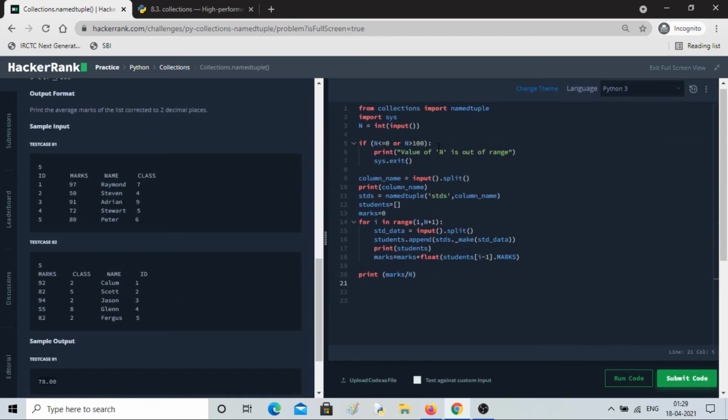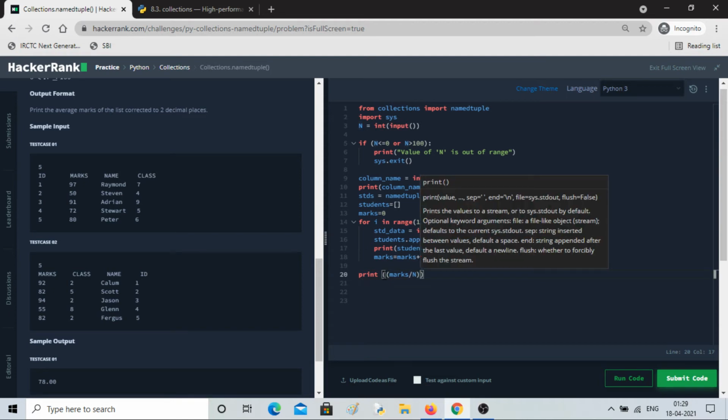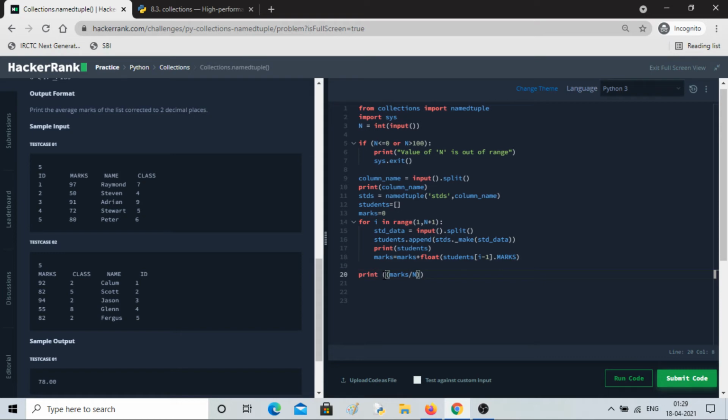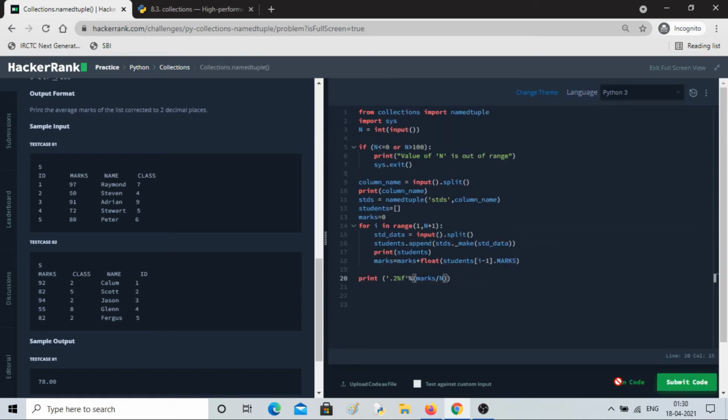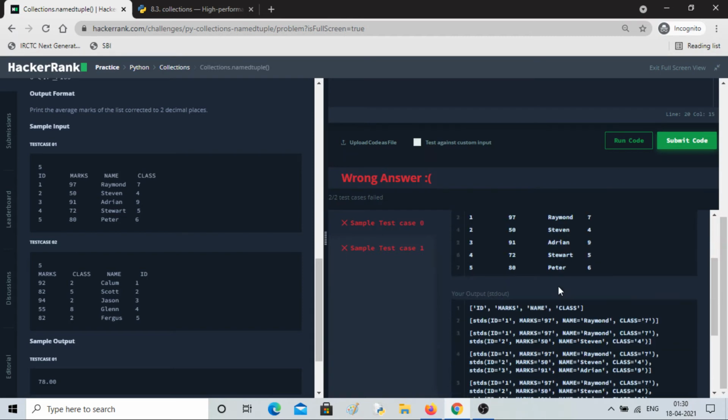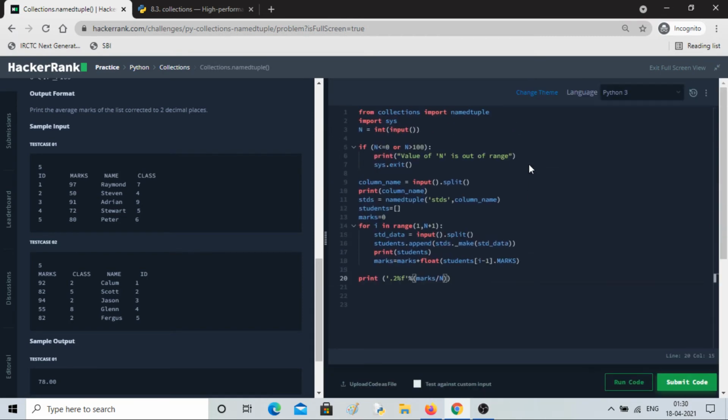Let me do it for 2 decimal places. So how, I forgot actually. So it is like this, right? Dot 2 decimal places, percentage f, percentage, right? So no, this is not the way. Percent f, like this, I think, then percentage.